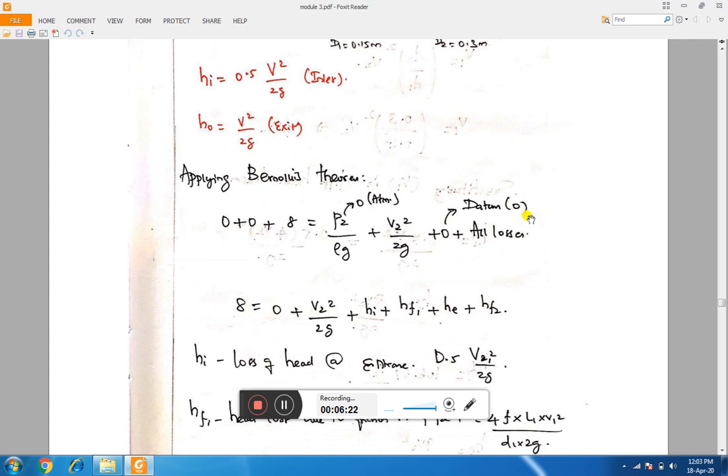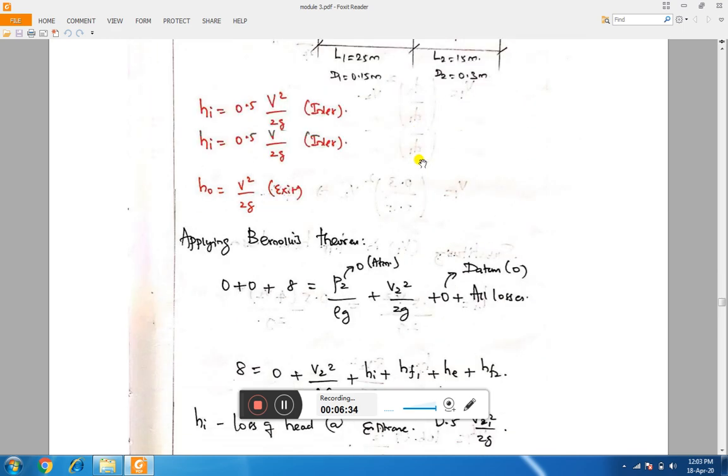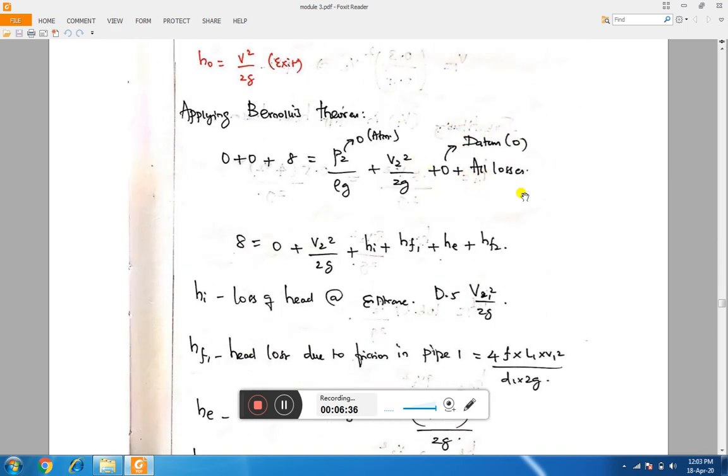Now we have many losses here, like head loss due to friction at section 1, head loss due to friction at section 2 of this pipe, head loss due to entry, head loss due to exit, head loss due to certain enlargement. So we have many losses. Now let us say it is all the losses. Now this is 8 equal to 0 because it is atmospheric pressure. At the exit we will be having atmospheric pressure, so P2 will be 0 plus V2 square by 2g plus,